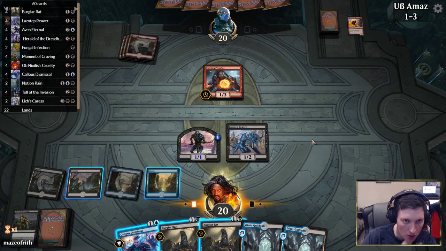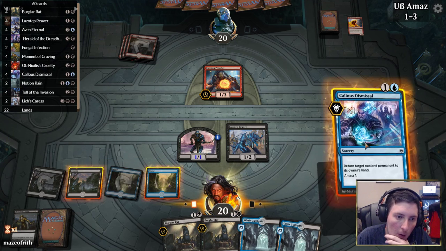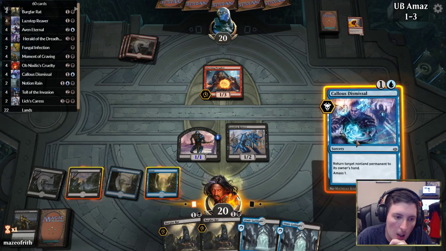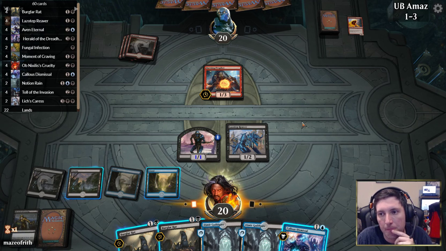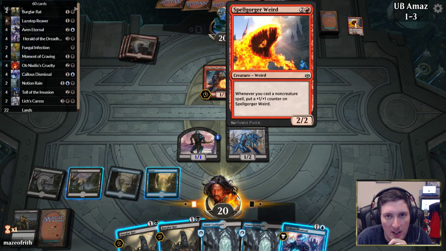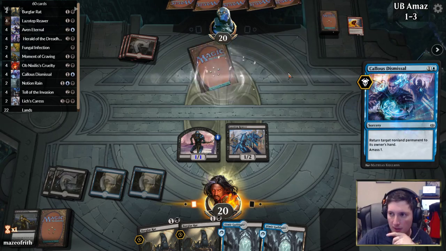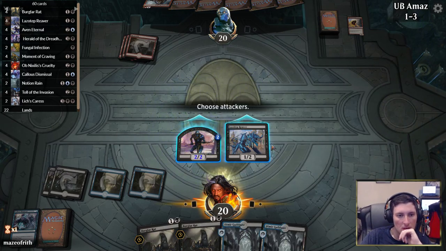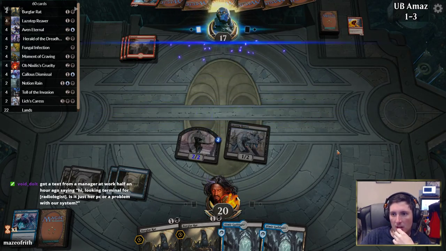So we could dismiss the Prophet, get in for 3. Opponent will just replay it though, presumably. So it's not like... Although... Opponent has 5 cards. I think we want to get the Prophet off the board for a turn. Just because...